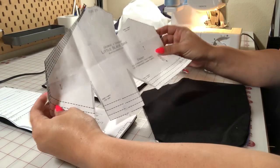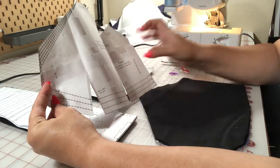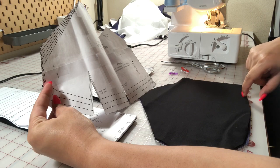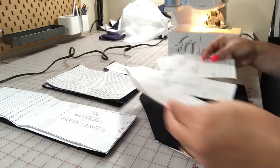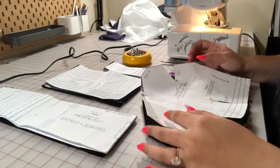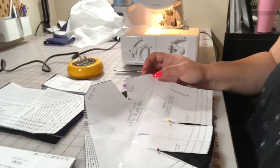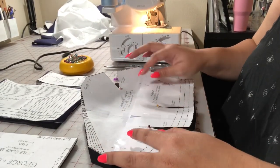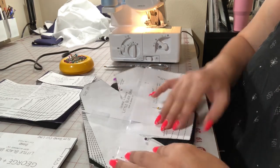pieces to begin with. So I've gone ahead and cut out the darts here. I've gone ahead and notched my darts onto my fabric, and now I'm going to go ahead and sew those on. I wanted to go ahead and add a quick little, here, let me bring you in just a little closer. So something that I've started doing, because I have not had great luck with